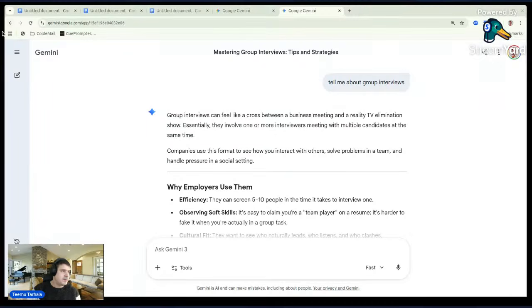Now I need to find it. Where did I save it? Yeah, I always need to redact these.